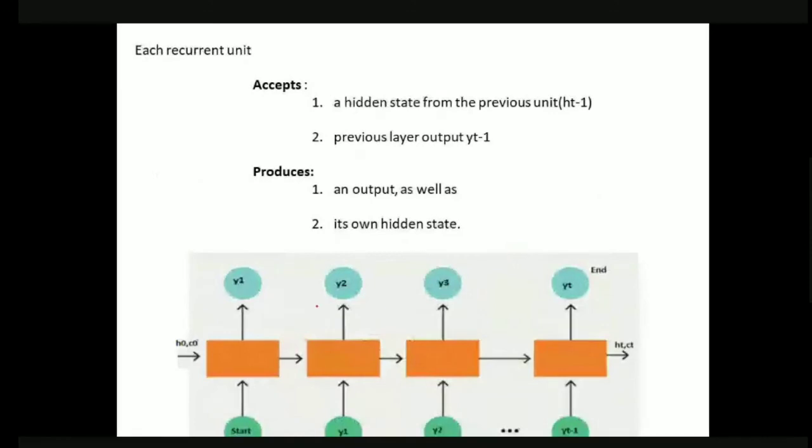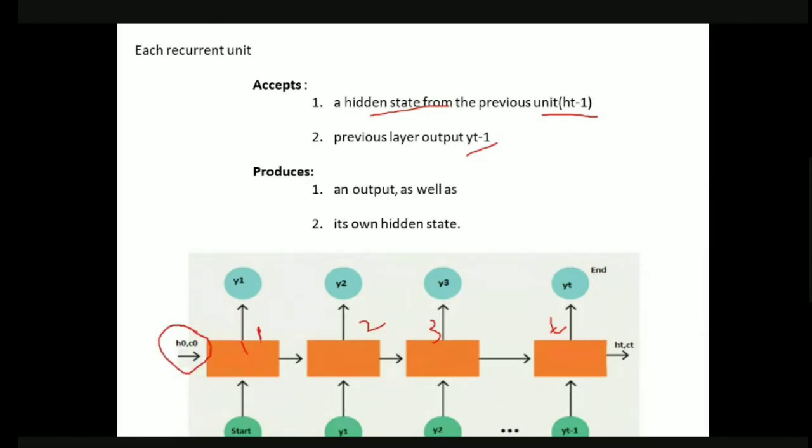Now in the decoder part, this is one recurrent unit, the second recurrent unit, third, fourth, and fifth recurrent unit, right? So what does every recurrent unit accept? Obviously, it accepts the hidden state from the previous unit, h(t-1), and the previous layer output, y(t-1).